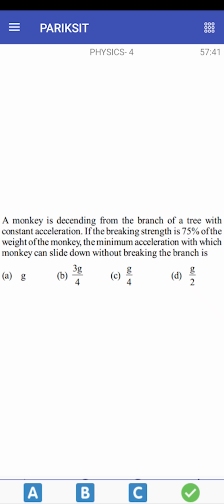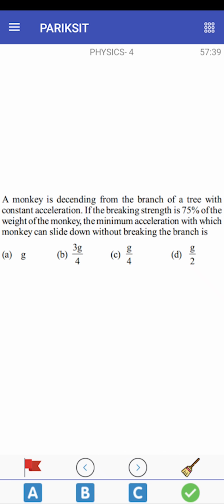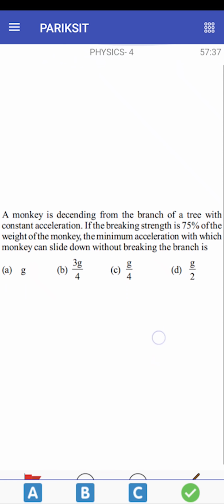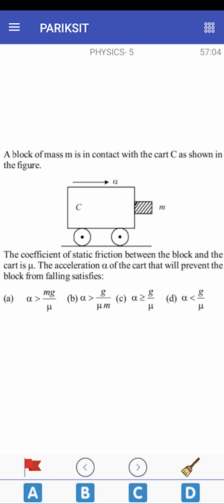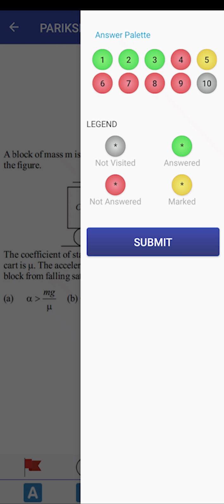Let's say for example, I am feeling that I don't want to answer question number 4. So simply swipe the question up and there is a clear button. Hit the clear button and the option would be cleared. In case somebody is willing to attend a question in a later stage, they can hit the flag button. The flagging marks the question yellow. Yellow means you will be attempting the question somewhere in the later stage of the examination.